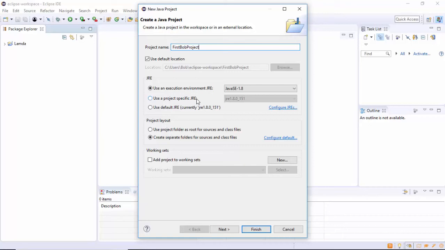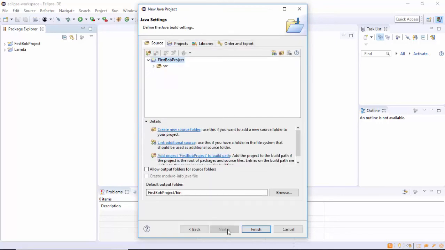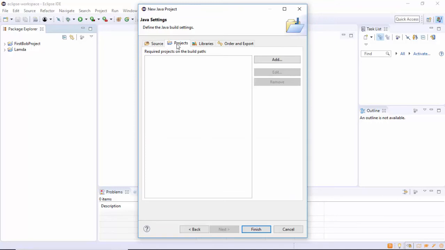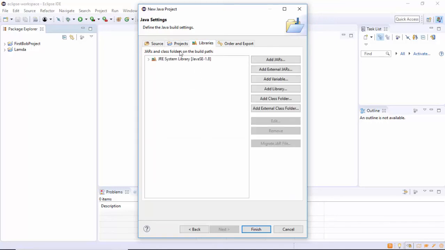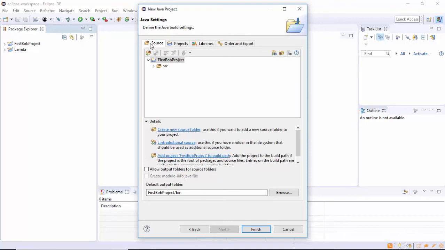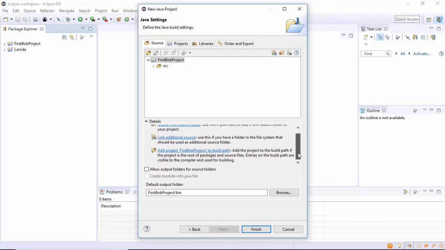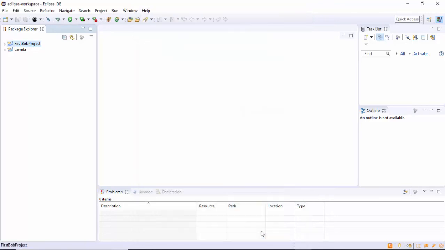In this case, I'm going to click on Next. This will show you some other stuff that's here. It shows us, for example, projects. You can have other projects that you want to add. Different libraries. Here we got the default Java runtime system libraries. We should be good. So at this point, we choose the default, and let's click on Finish. Now notice we have Lambda, which was the default project that Eclipse gave us. Now we got first